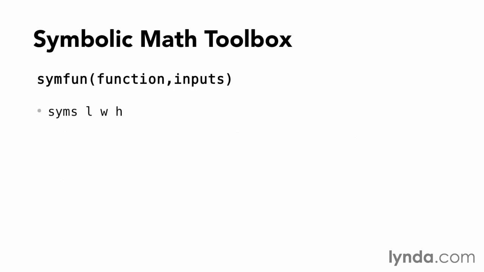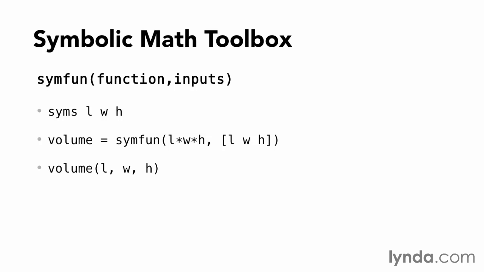First, I designate the three variables to be used in the function by typing syms of L, W, and H. Then, I define the function volume equals symfun of L times W times H, comma, L, W, and H as the inputs. Now I have the function for volume. I can call this function at any time by typing volume of length, width, and height, and MATLAB will return